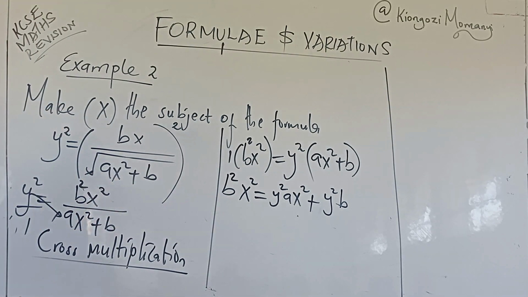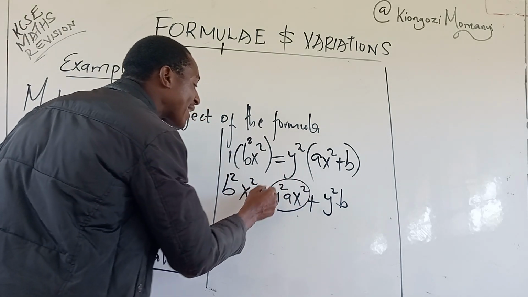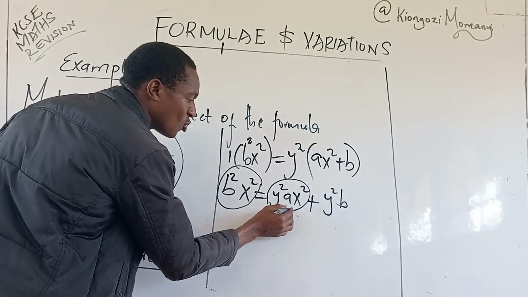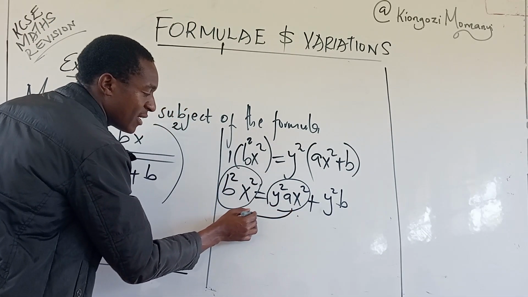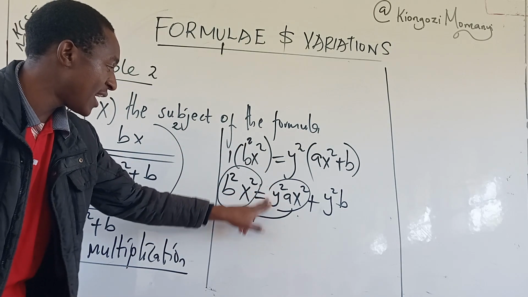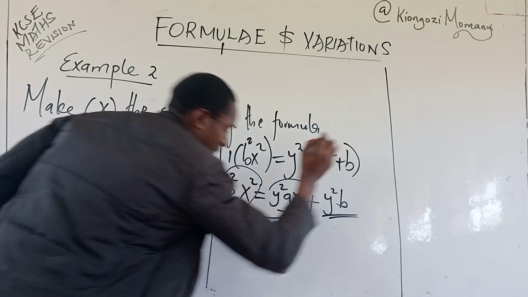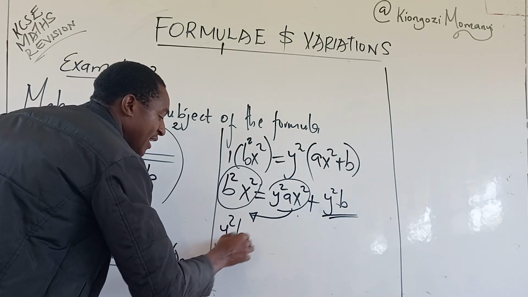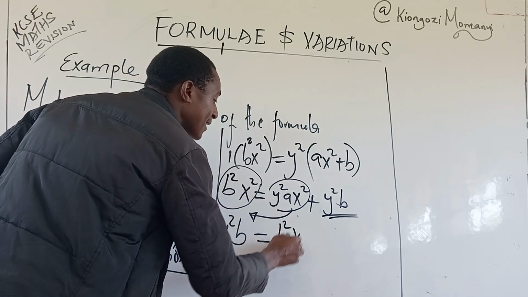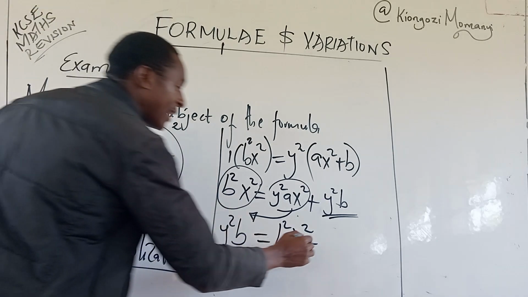You want the independence of x, and that means you must bring these like terms together. So the probable thing to do here is to take this value to the other side of the equal sign. It is a positive here. When it crosses, it becomes a negative. So you remain with this one. Y squared b remains is equals to b squared x squared minus this value that has crossed the equal sign,